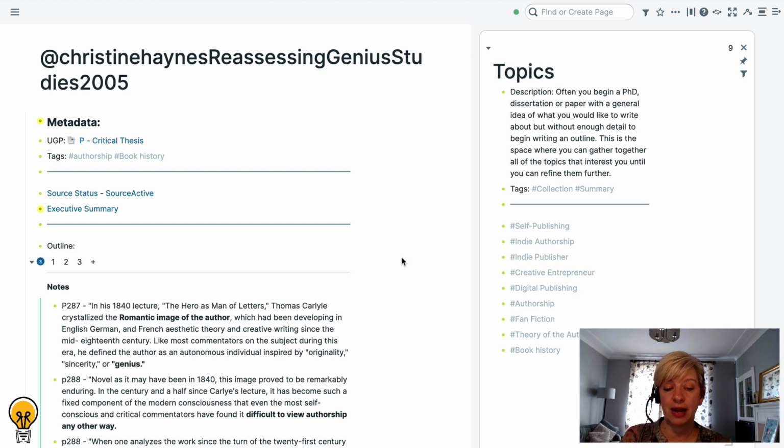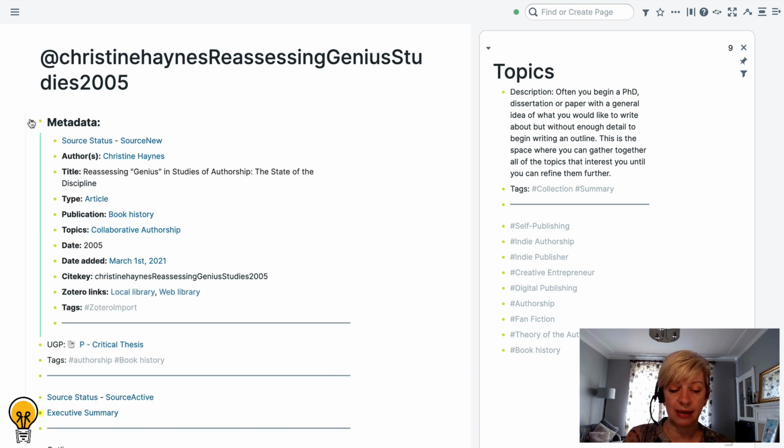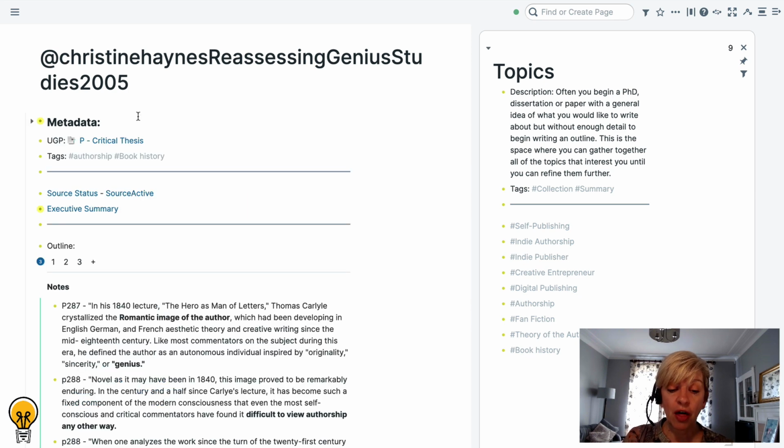It can either have been transferred from Zotero, in which case it has this Zotero metadata. This will change with the new Zotero into Roam plugin that was luckily released in time for us to review it during the course. And it can look however you wish it to look. Again, this is your process. That's the first way. Or the other way it could have come in is through Readwise, in which case you will have already reconciled it with the Zotero imported resource page title with the site key, as you see here. Okay,